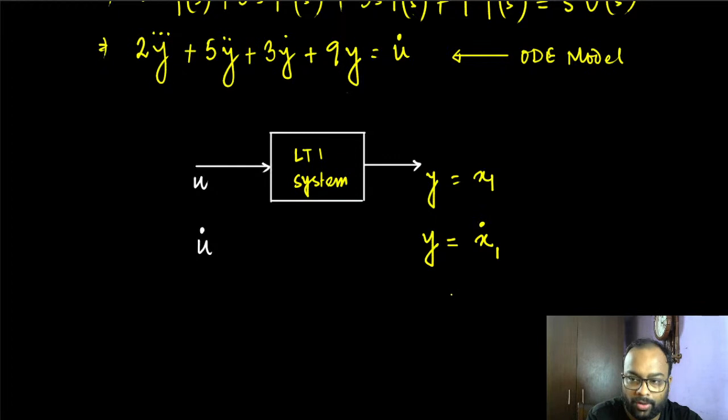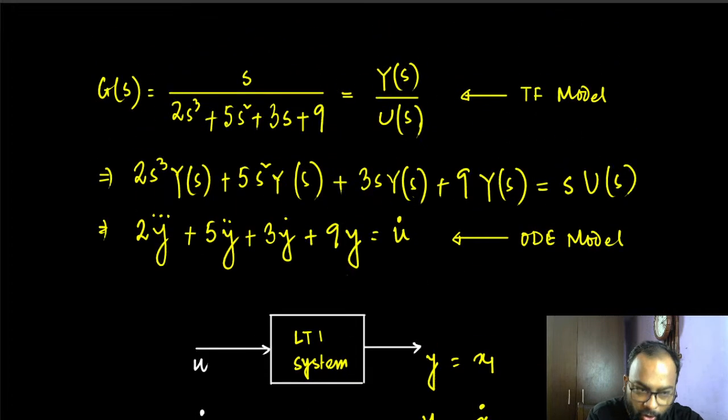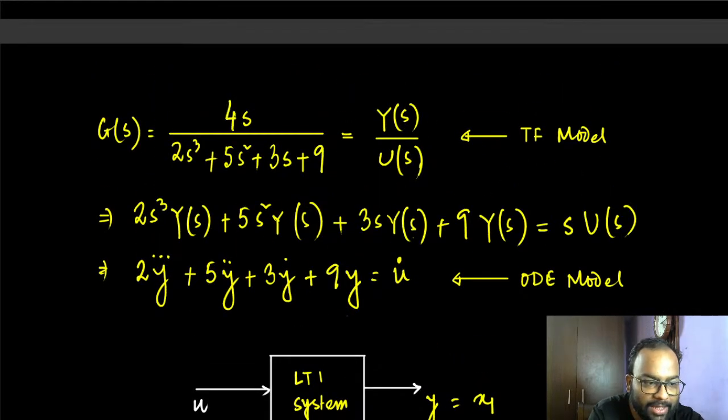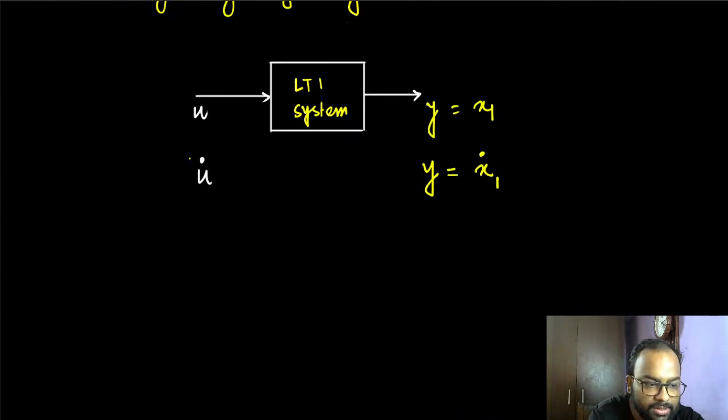So this is going to be the output. If the input is u dot, the output is x1 dot. If the input is u, the output was x1. So if the input is u dot, the output is x1 dot. Not only that, if the input is something like 4, I have 4s here. That means the input is 4u dot rather. If the input is 4u dot, then the output is simply